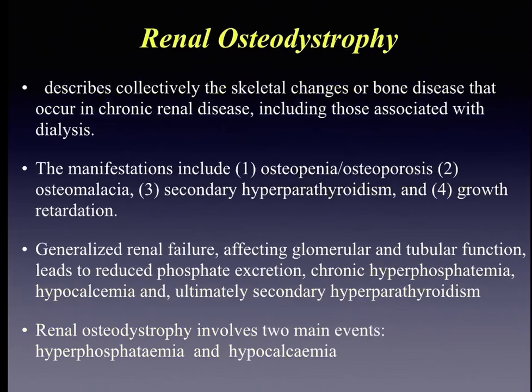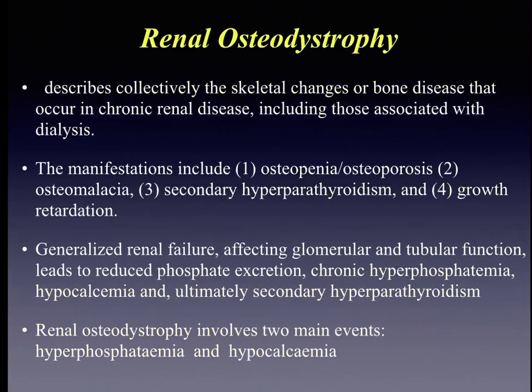So the next condition is renal osteodystrophy. So this describes collectively all skeletal changes, all the bone disease that occur in chronic renal disease, including those which are associated with dialysis. So the manifestations of renal osteodystrophy include osteopenia or osteoporosis, osteomalacia resulting from vitamin D deficiency, then secondary hyperparathyroidism,